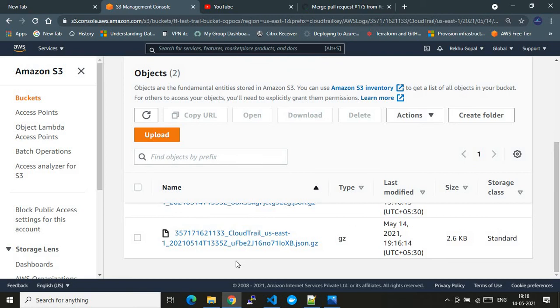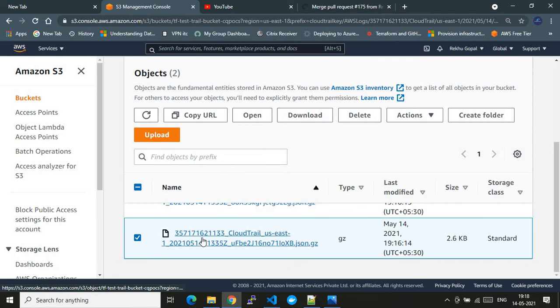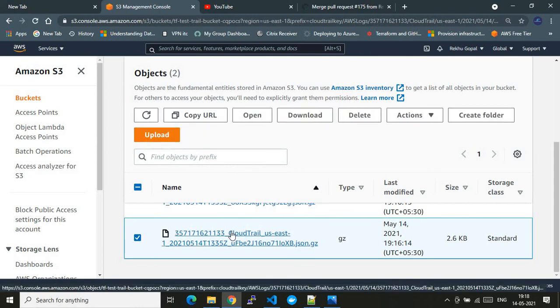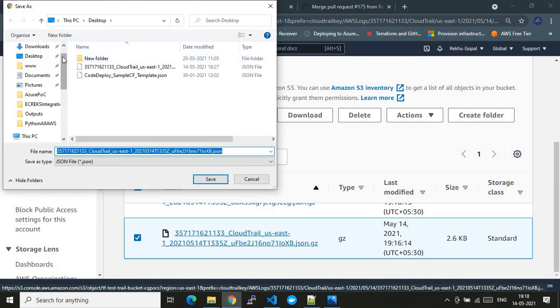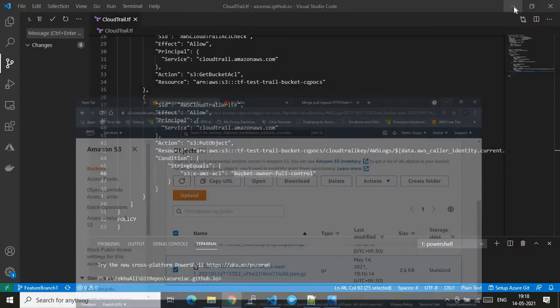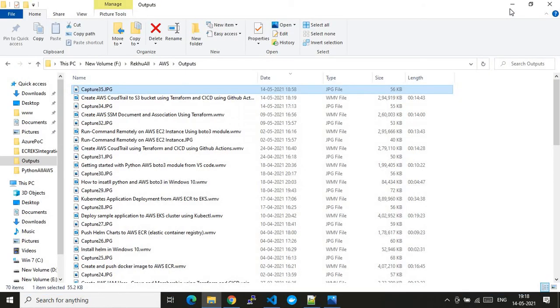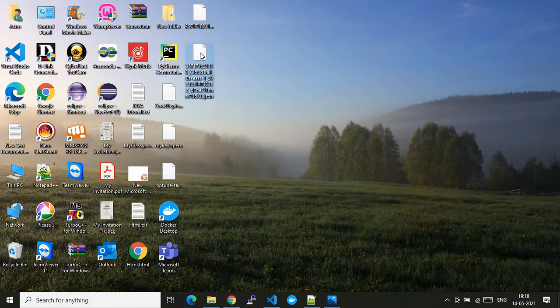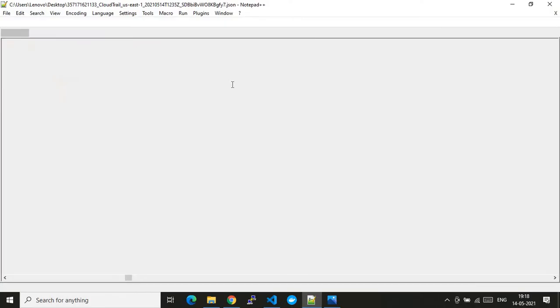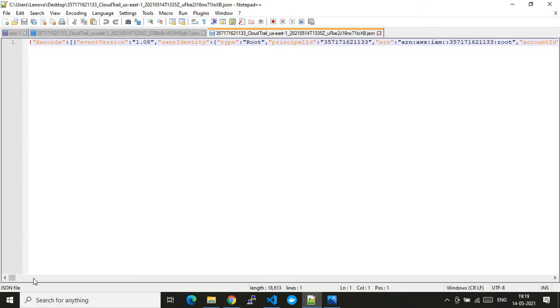If you extract these logs, all the CloudTrail logs belong to an S3 bucket only. So let me do that and show you that the S3 bucket related CloudTrail events have been pushed. I'm just downloading that locally. I will save it on the desktop. If I show you that the logs are the CloudTrail logs of S3 tasks, then that marks the completion of this demo. So let me open the logs and show you that they belong to S3 buckets.